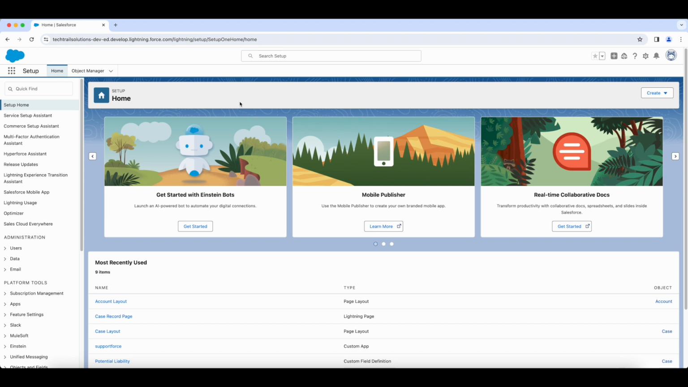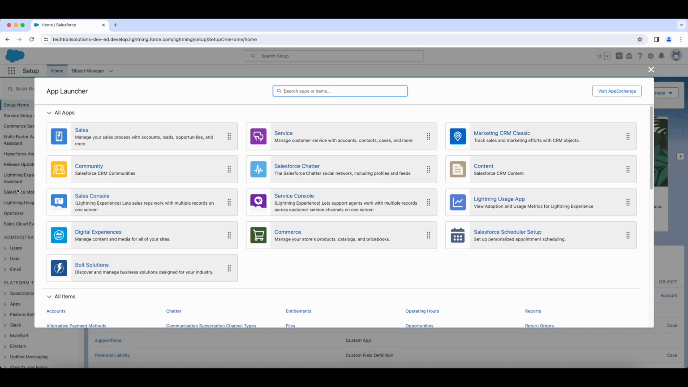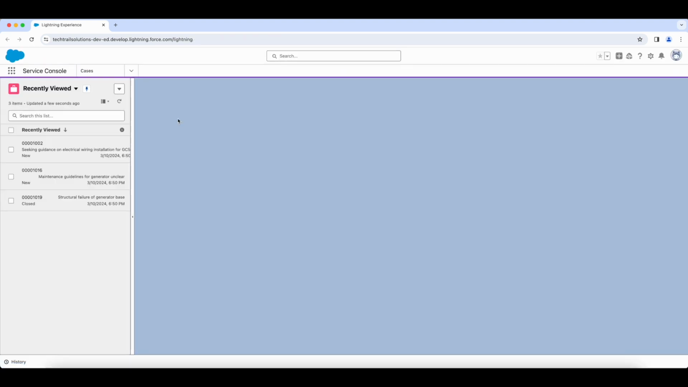So I am logged into the dev edition of my Salesforce org. And to see the dynamic forms in action, we are going to go to any specific apps. I'm going to be choosing console-based apps. So I'm going to switch to Service Console. Now here, I have already made certain changes on the cases, but to show you the first time behavior, what you're going to see on your org,